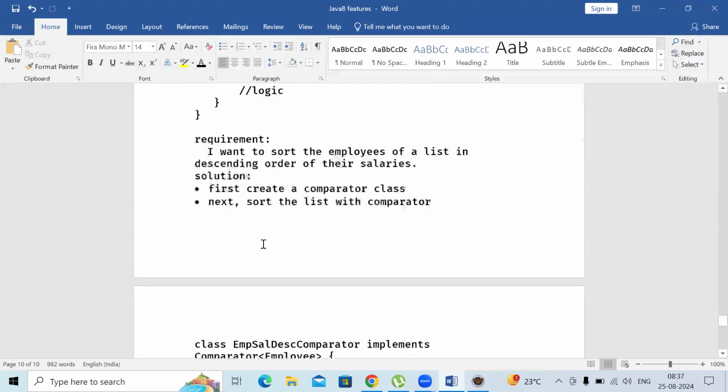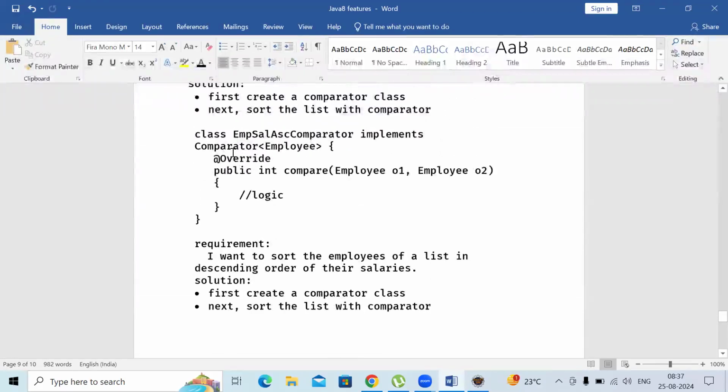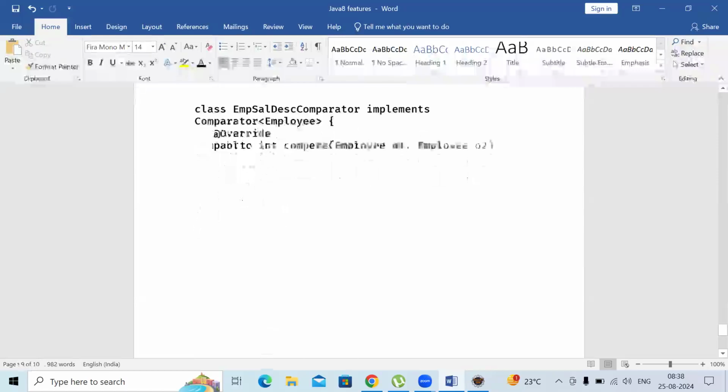Now coming to the point. Comparator is a functional interface which contains only one abstract method called compare. Good. Next, if for example I want to provide multiple implementations of comparator, I'm creating multiple classes. For example, my next requirement is